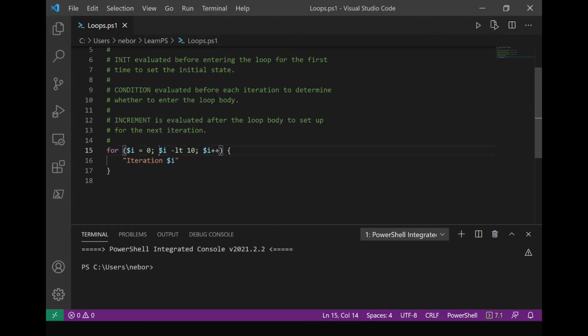Then we go back, and we again evaluate the condition. We're done with the init. That only happened once. Now we evaluate the condition. This happens before each iteration. We say, is I still less than 10? Well, yes, 1 is still less than 10, so we do this again. Then we add 1 again. We get 2. We keep doing that. Eventually, I becomes 9. Is 9 less than 10? Yes, it is. So we should output iteration 9. Increment it again, then it becomes 10. Is 10 less than 10? No, it's not. So then we should fall down to here, and let's go ahead and say after the loop,